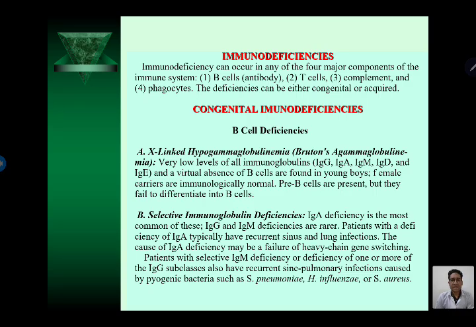The cause of IgA deficiency may be failure of heavy chain gene switching. Patients with selective IgM deficiencies or deficiencies of one or more of the IgG subclasses also have recurrent sinopulmonary infections caused by pyogenic bacteria